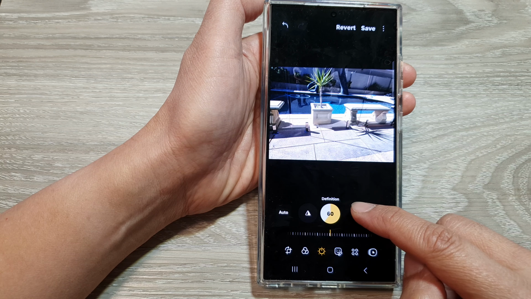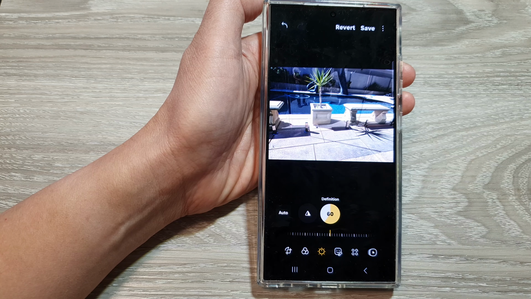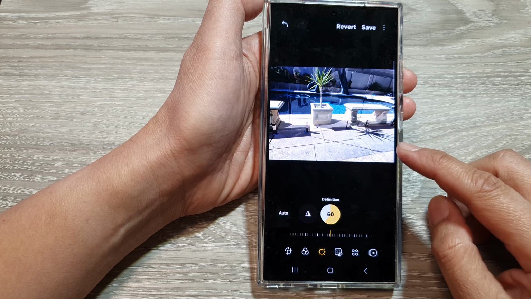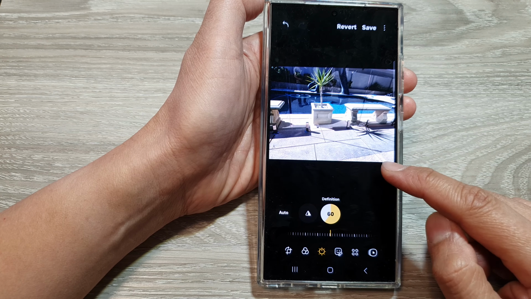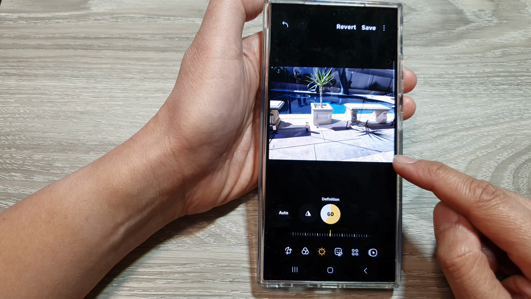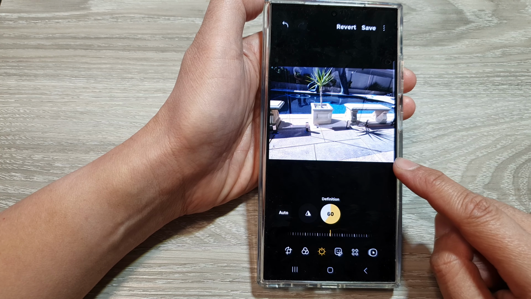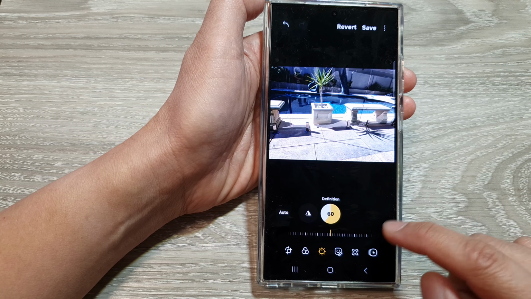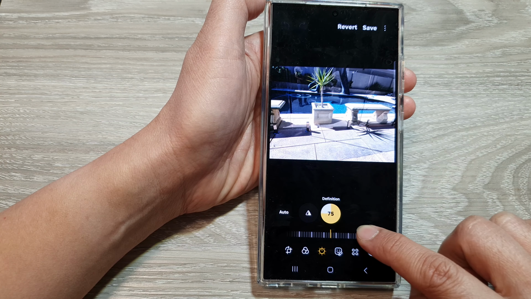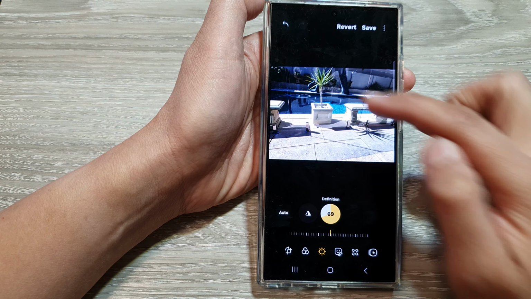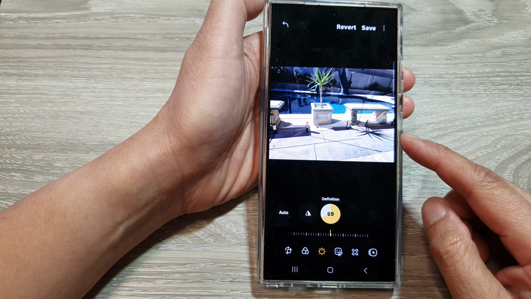The definition feature focuses on adjusting the mid-tone contrast in your photos. With the mid-tone contrast, the definition feature doesn't directly adjust sharpness, but it impacts how the midtones appear in relation to highlights and shadows. By increasing definition, you can essentially increase the contrast between midtones and both highlights and shadows. This can have several effects: enhance detail and potential for